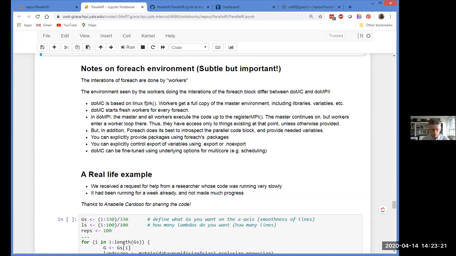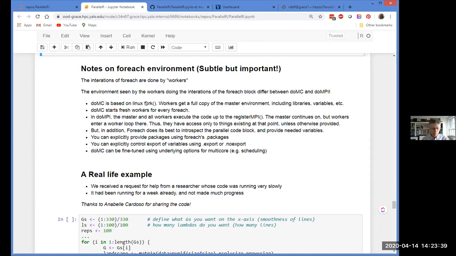So why does this matter? It has a couple of implications. It means that the workers can only see stuff that was defined up to that point, up to the registerDoMPI. They don't see anything that was defined after that. And they also are going to end up being reused.